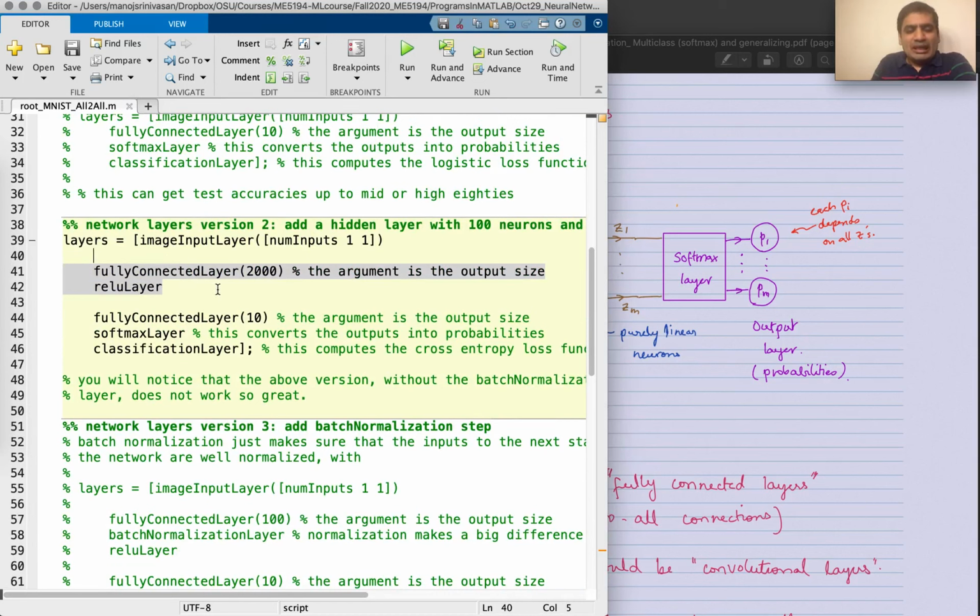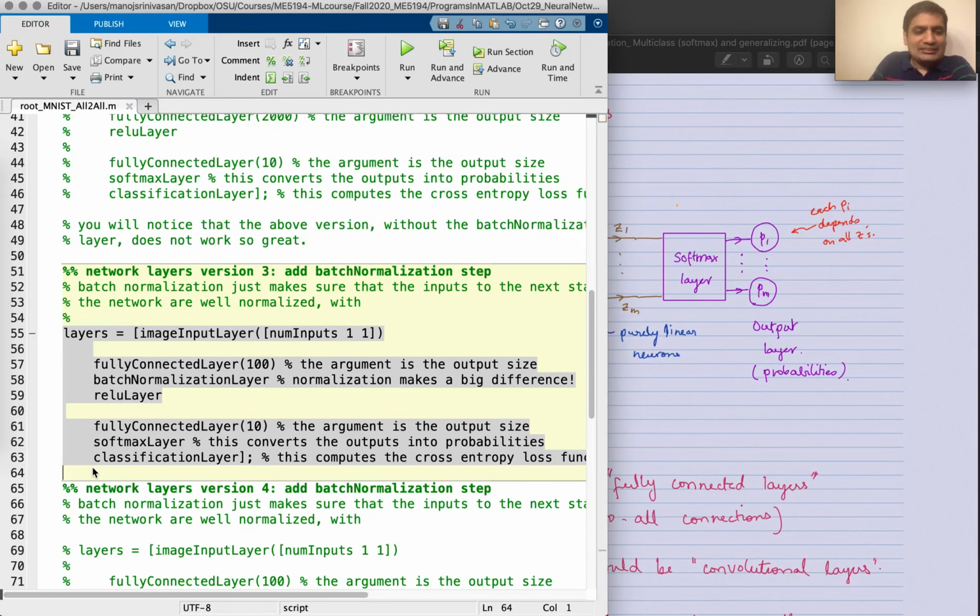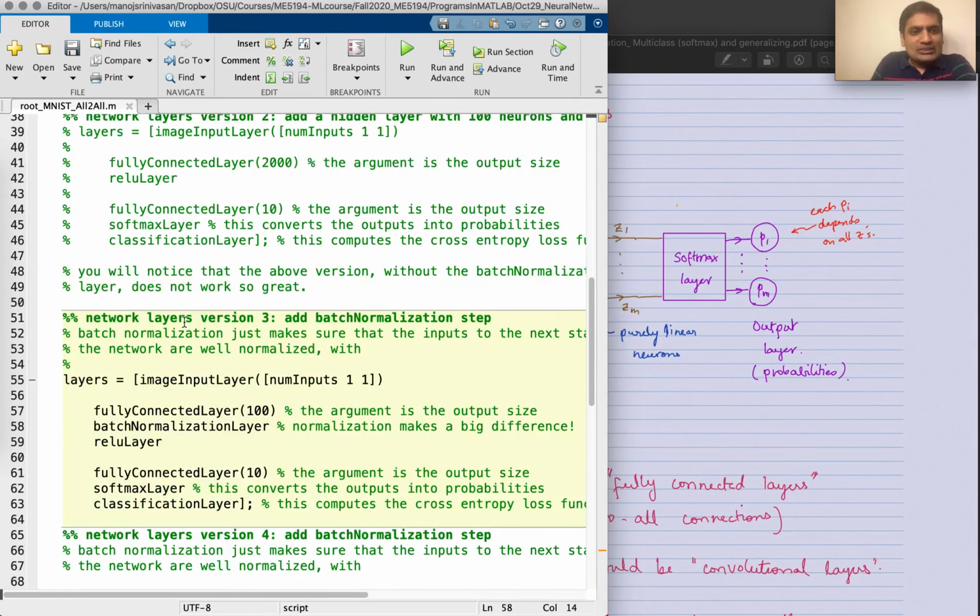And then a few years ago, I'm just going to comment this out, someone discovered that if you do some kind of a normalization step, so instead of adding just these two layers, you add a third layer called the batch normalization layer between the fully connected layer and the ReLU layer. Let's do that. So just add that one extra layer, which basically normalizes the